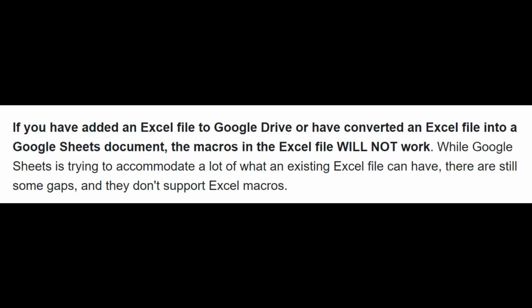If you have added an Excel file to Google Drive or have converted an Excel file into a Google Sheets document, the macros in the Excel file will not work. The question for us then in this project is, do we wish to spend the time developing macros for Google Sheets, or do we spend the time working on workarounds that will do the same job as the macros would? This video deals primarily with some of the workarounds that will do the same job as macros would in Google